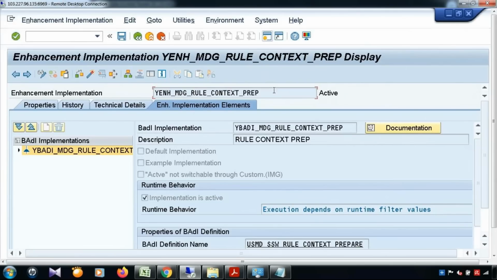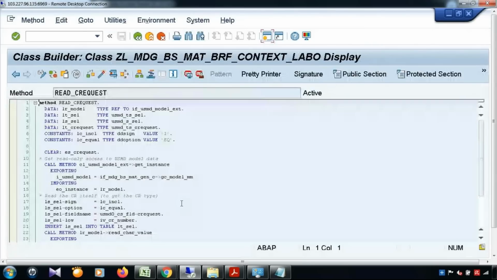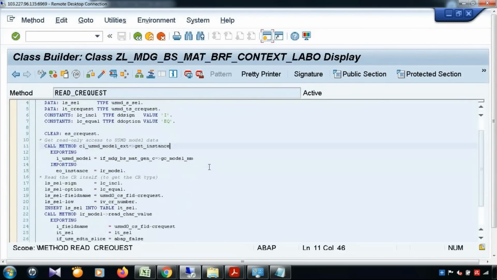So this is the enhancement implementation name, the body name, followed by the implementing class, followed by the methods. Okay. So the first thing which we need to understand is the read change request. This is the standard method, by the way. Now just going through what kind of logic has been written here. You can see a similar kind of logic we have done in the previous example, where we particularly saw the derivation technique. So the first thing you can see is the call method, it is calling the method get